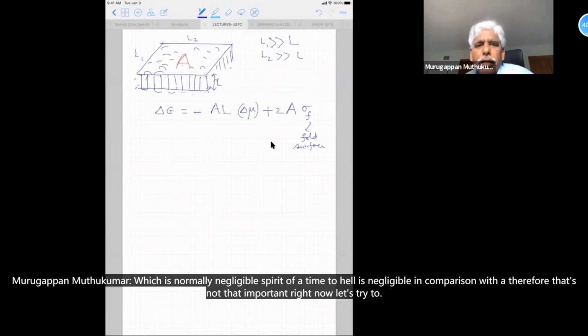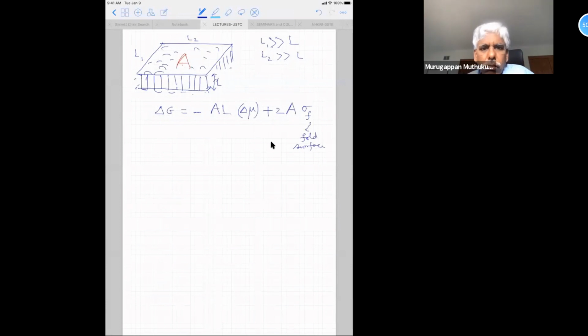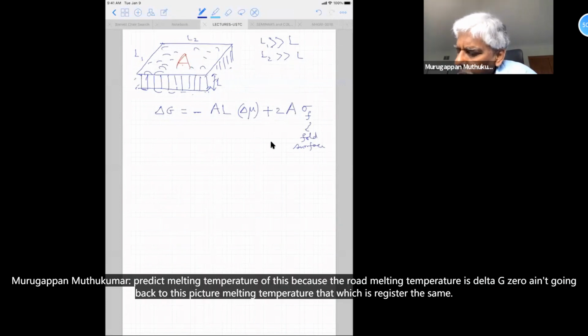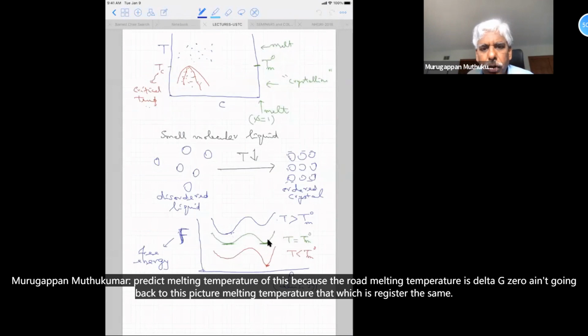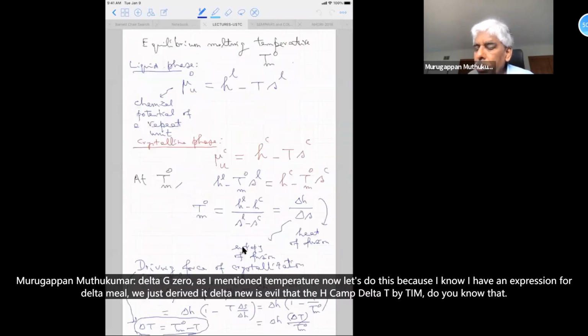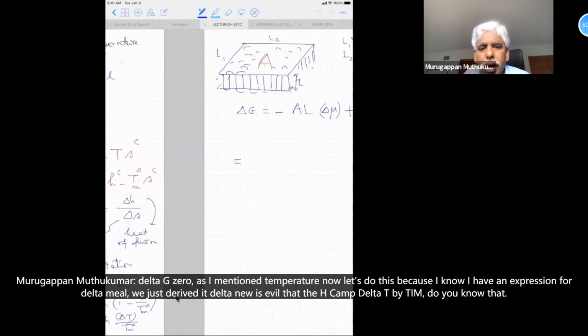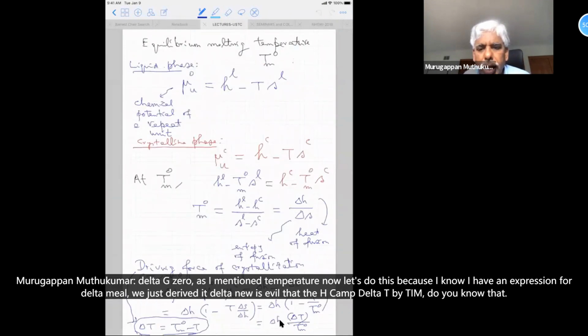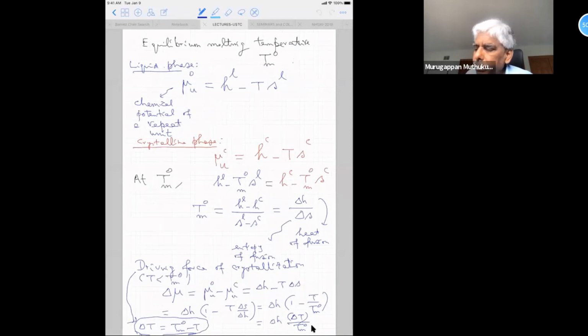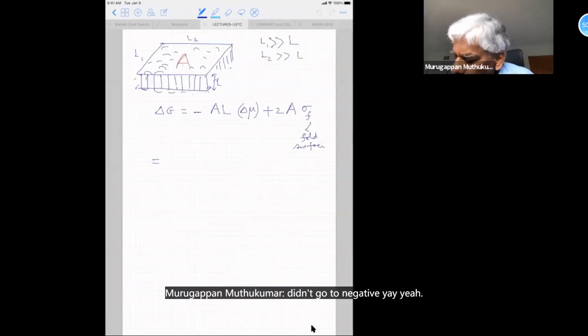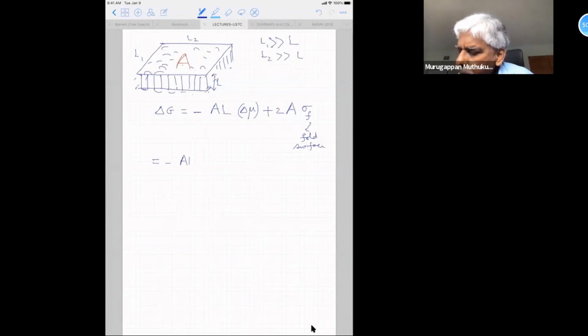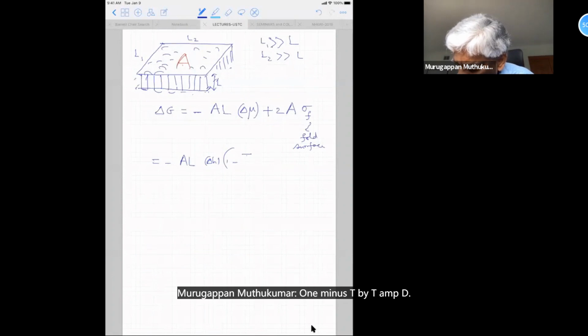All right. Now let's try to predict the melting temperature out of this, because remember, at the melting temperature delta G is 0. Again, going back to this picture, the melting temperature is where these free energies are the same. Now let's do this, because I have an expression for delta mu. We just derived it. Delta mu is equal to delta H times delta T by Tm0. So this is equal to negative A L delta H times 1 minus T by Tm0,